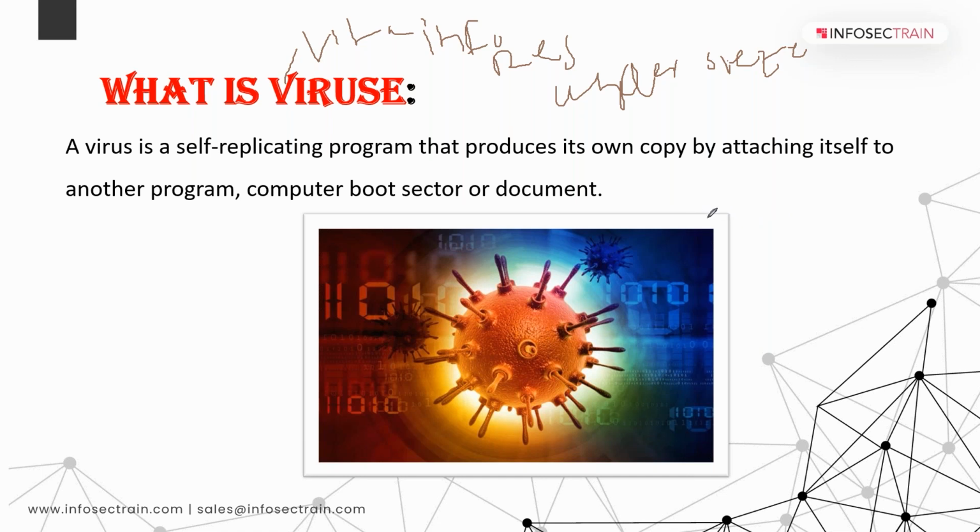Among its characteristics, it replicates itself within a system. Let's say this system got infected with the virus; it replicates itself within the system, but it needs a human agent. Let's say this file is infected with the virus. When you click on that link, it will be replicated in the system. It needs a human agent's click. It will eat the entire system resources. That we can call a virus.